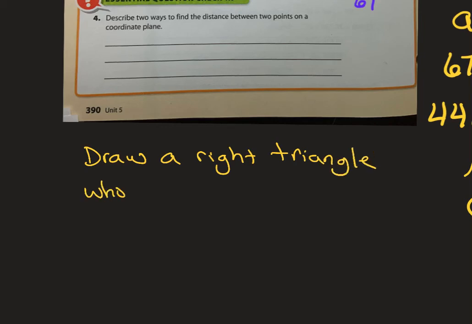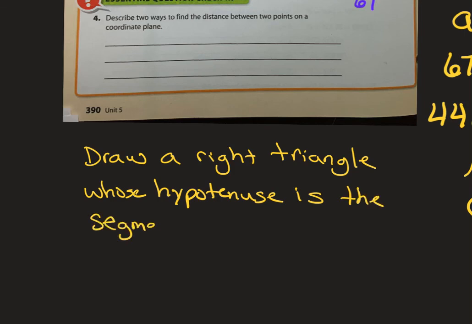We can draw a right triangle whose hypotenuse is the segment connecting the 2 points